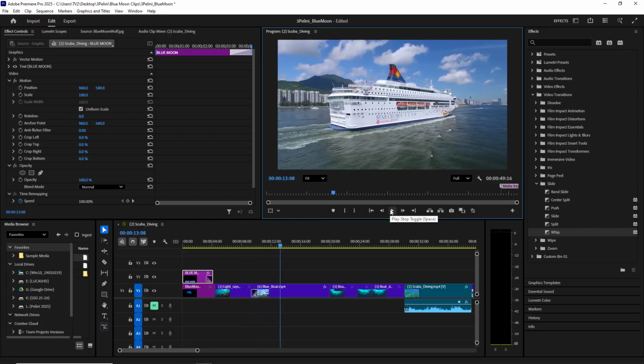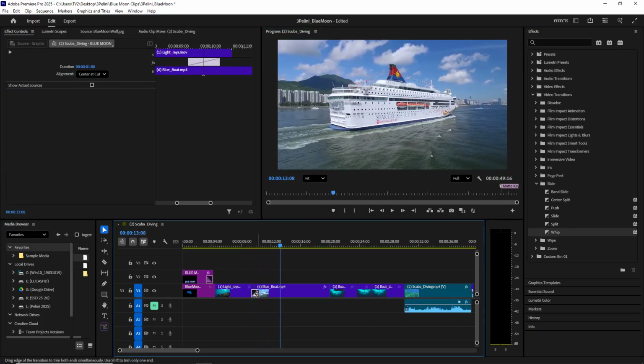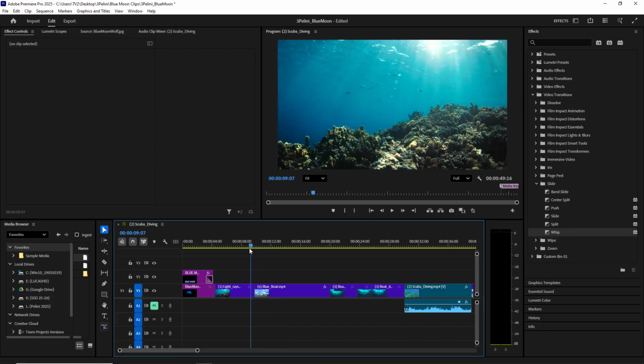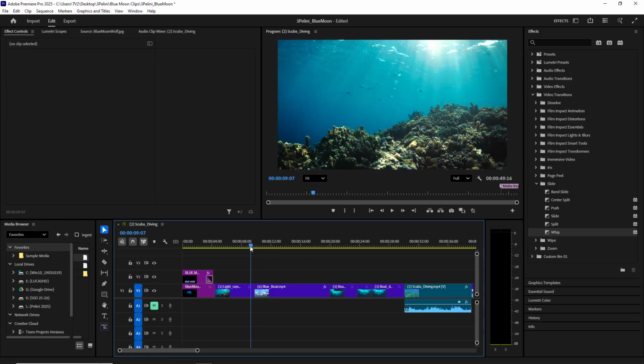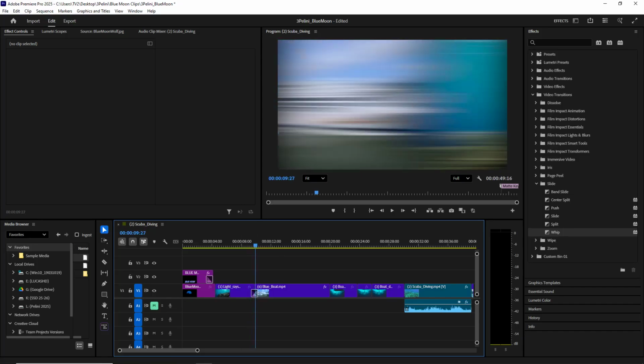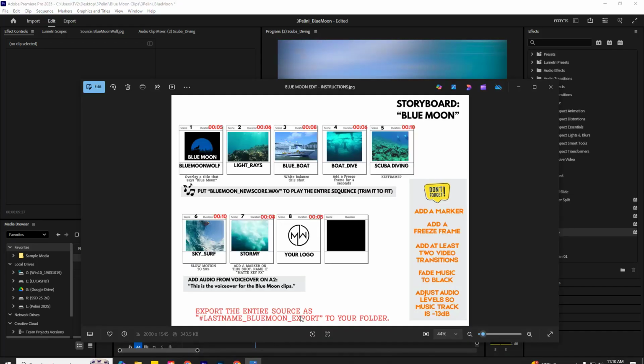So if I don't like it, Control Z to undo, or if I click right on it, I can just hit delete on the keyboard and it'll delete, and then I can try a different one. So those are your transitions, and again, you drag them between your videos on there. I did like that one, so I'm going to put it back. Whip slide. So you do need to add a few transitions. If we look at the storyboard here, have at least 2 video transitions,